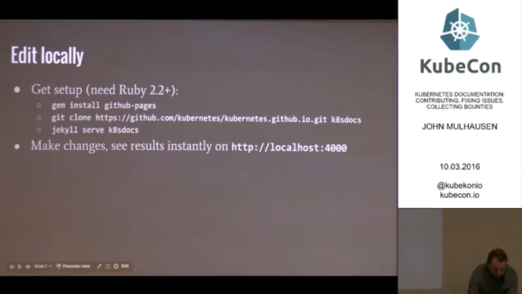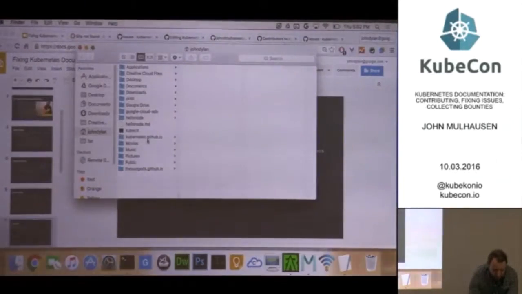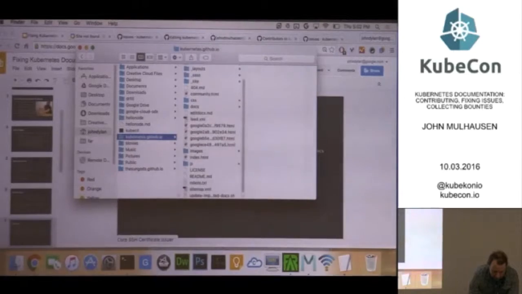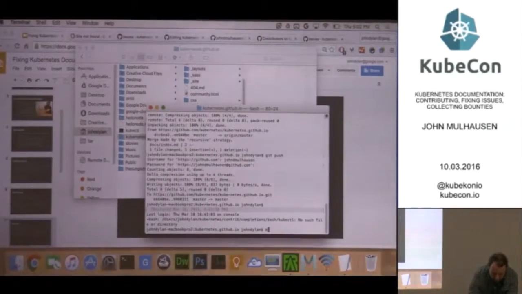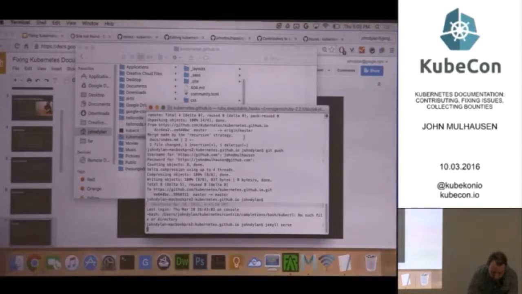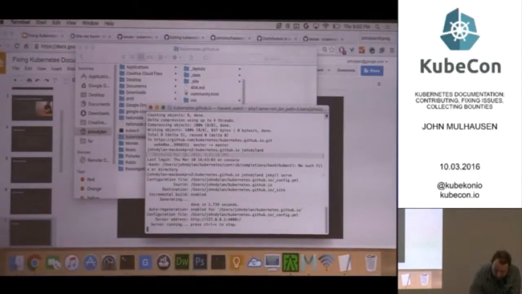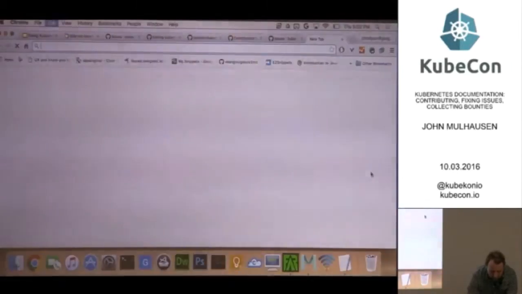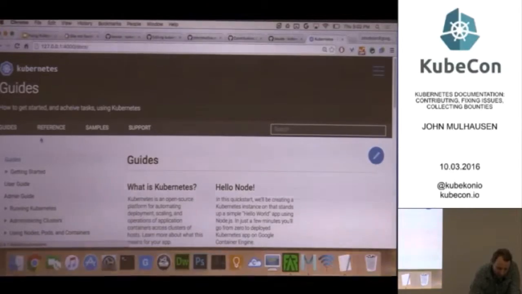Now, I'm going to back out here just to show something about how easy it is. If I'm serving off of kubernetes.github.io, so jekyll serve, it builds the site. It takes about a few seconds, and it gives you the URL. You go to it. So I'm viewing the documentation,